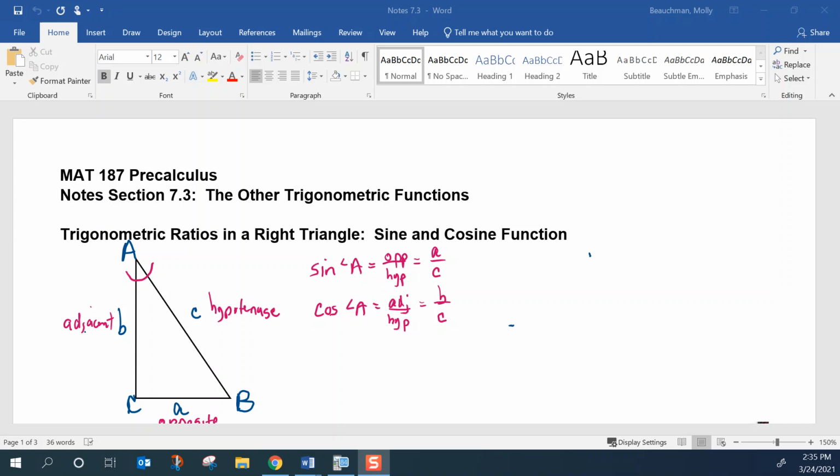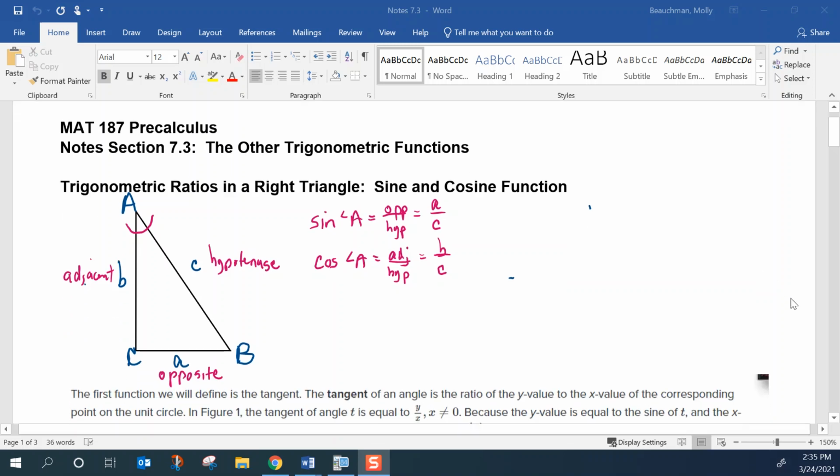In this section, we're going to take a look at notes for section 7.3. We're going to take a look at all the other trig functions in addition to the sine and cosine. So what are all the trig functions? Well, if we take a look at a right triangle,